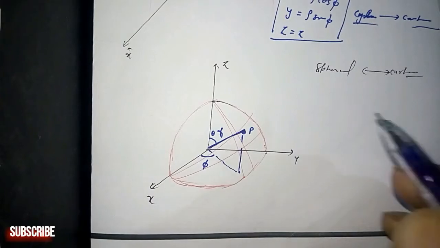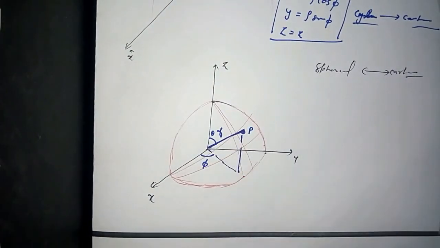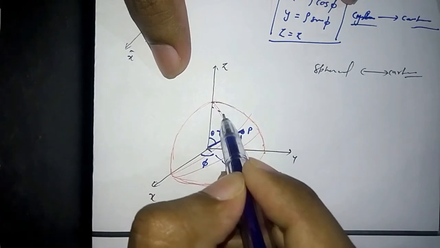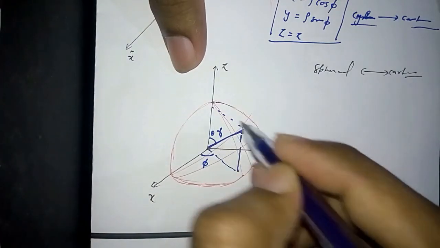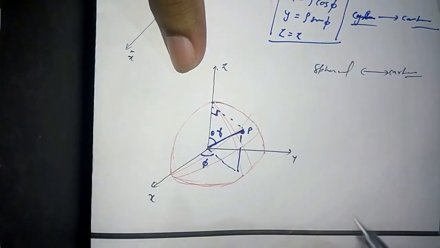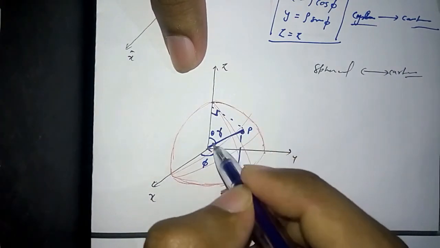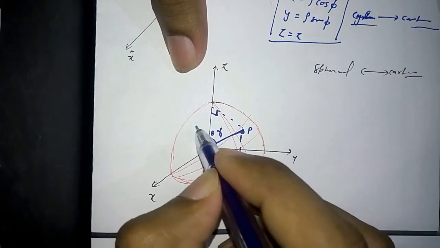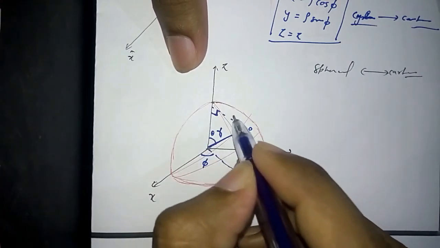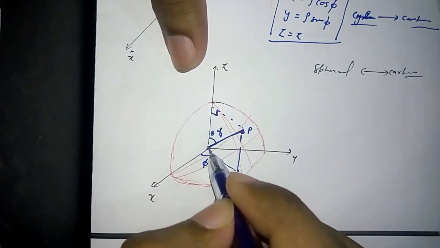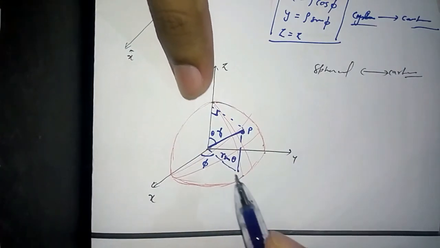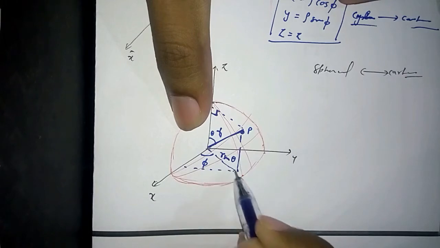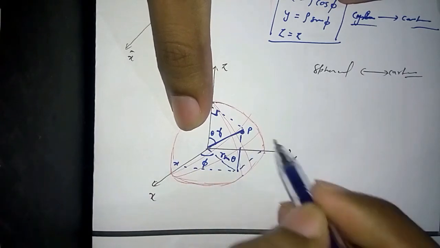So here this is r, drawing this same thing above, okay. This length will be equal to this length. Here this is the hypotenuse side because this is a right angle triangle, and this is the side where the angle is making, so this side will be r cos theta, but we need this one, so this is r sin theta. This is r sin theta, then this is the value of x and this is the value of y.